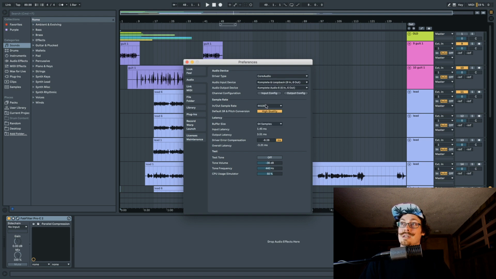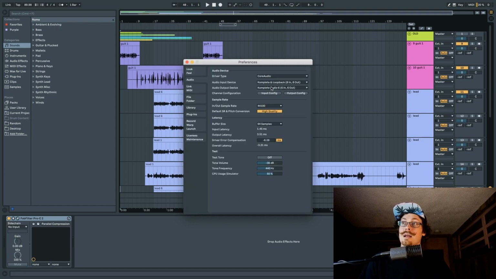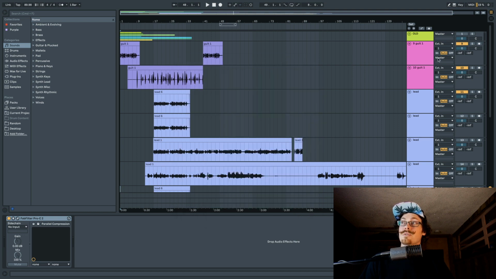Like let's just say we selected the Complete and the LoopBack. Here's all the stereo ins and stereo outs. We'd have to turn these on depending on which ones we wanted. Same thing with the outputs, right? And then that would allow us ultimately, let's go back to Complete, to go through, and if we ever wanted